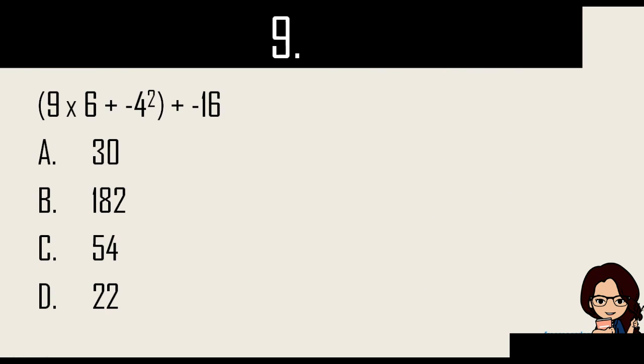Number 9. 9 times 6 plus 4, negative 4 squared plus negative 16. The quantity, 9 times 6 plus negative 4 squared plus 16. Okay, PEMDAS to. Again, meron